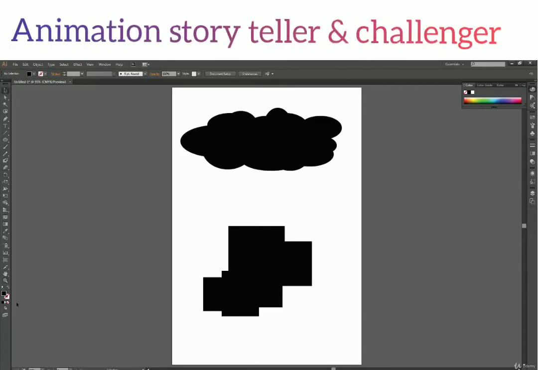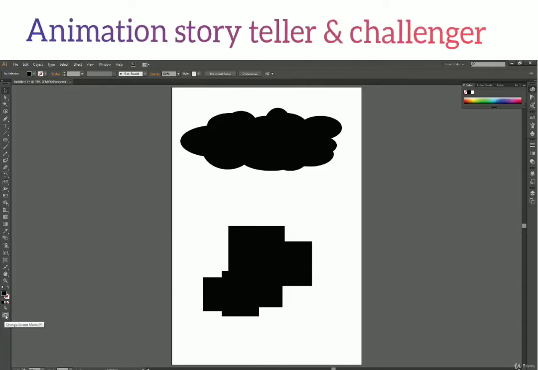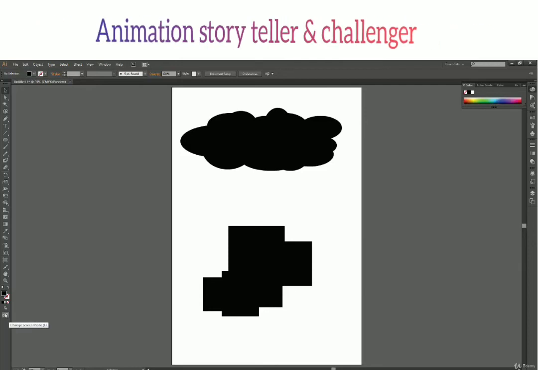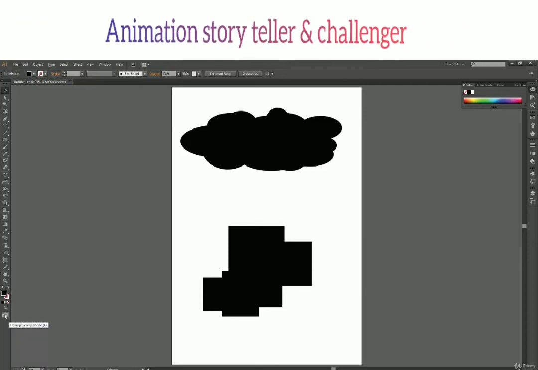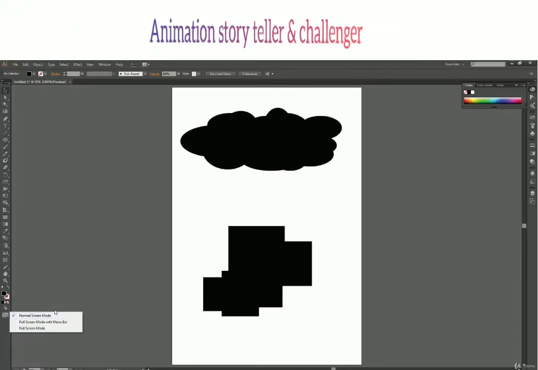To switch screen modes, we can either press the F key on your keyboard. F is a shortcut key for screen mode. Or we have an icon over here at the bottom of our toolbar which says change screen mode. The shortcut key F is listed here. Let us click on this icon and see what all screen modes we have.